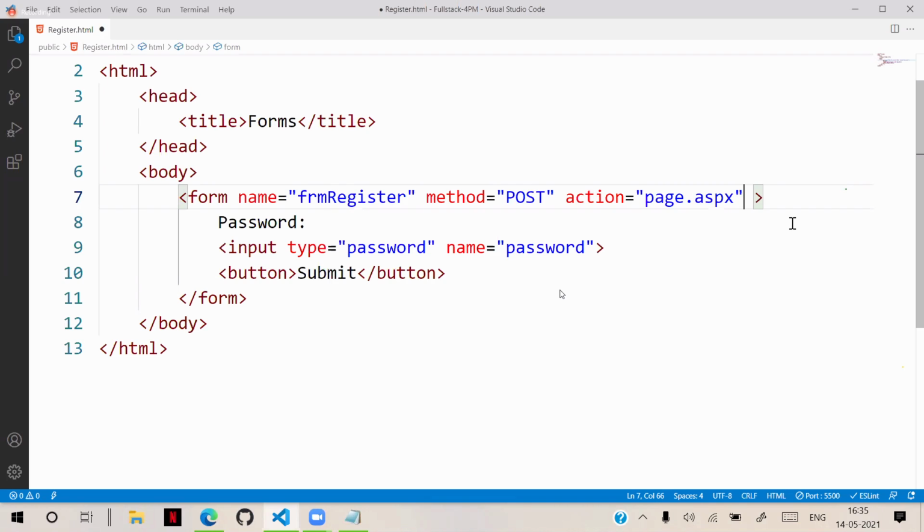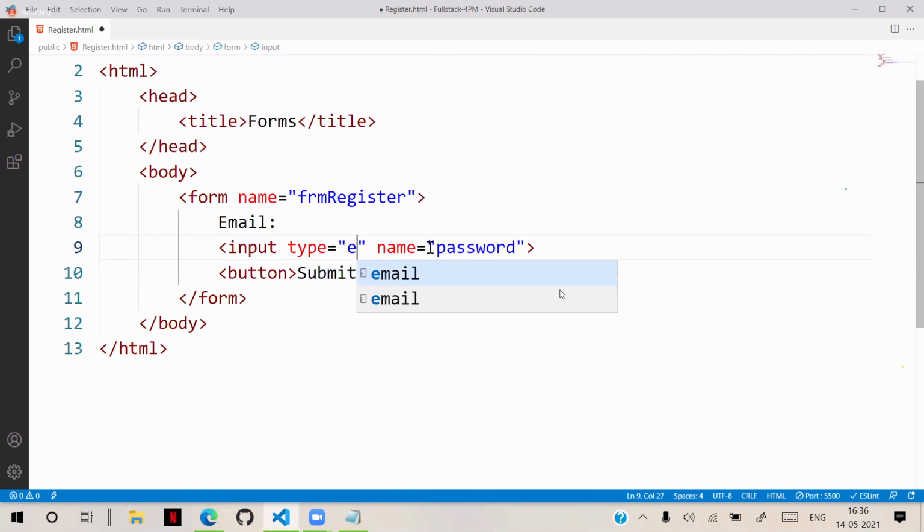But those default validations are not suitable every time. Some problems are there. For example, I will show you what the default validation is. Suppose we are asking for email and we are typing here input type email. And here we are having the name email.